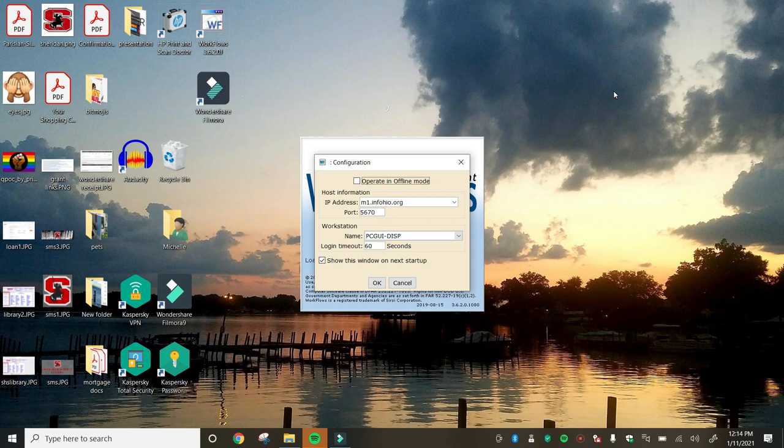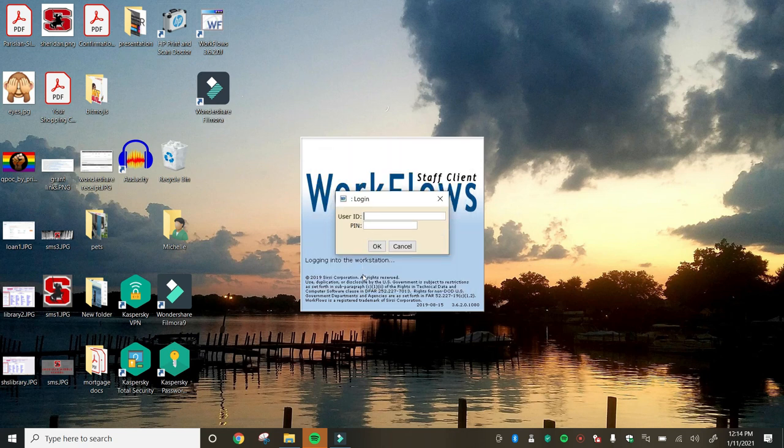All right, so if you are subbing for me in the library, I hope that you've got someone to log you into a computer. On the computer's desktop, you are looking for an icon that says Workflows. When you click on it, it will bring up this screen. Just click OK, and it brings you to a login screen. We are going to type in self-check